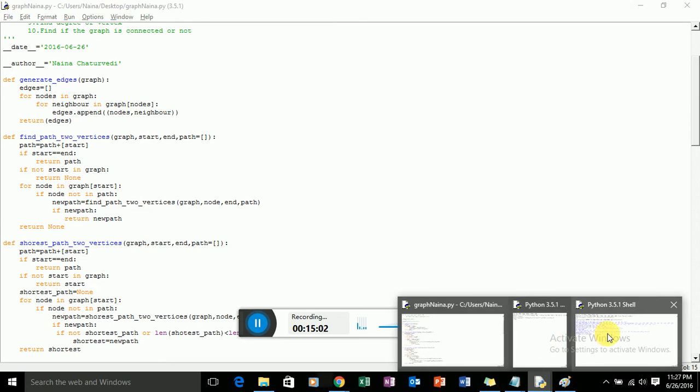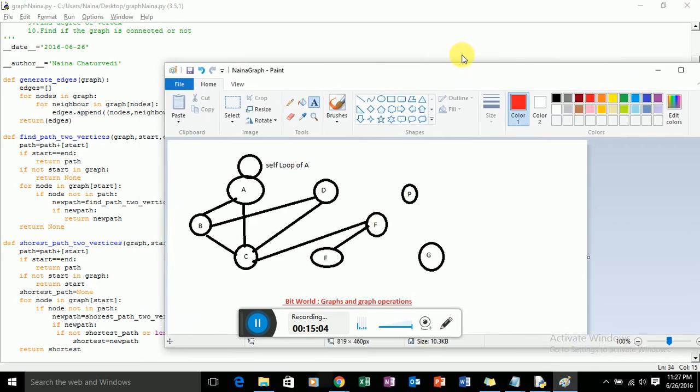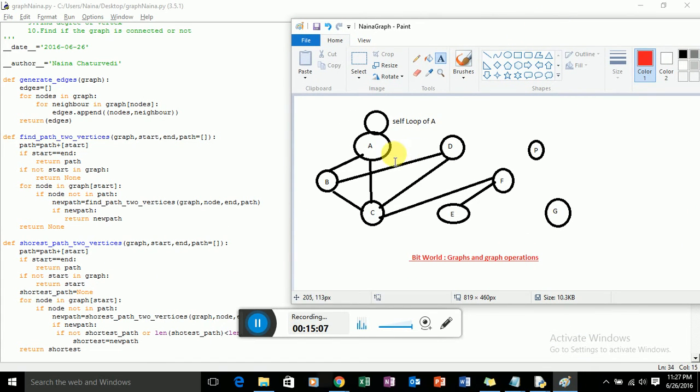So it will go to, there are only two nodes, B and C, and the self loop A. Okay, so it will go to B, that is, if node not in path. Since right now the path only has vertex A, it doesn't have B, so it will traverse. Okay, this function is called recursion. Here it is going recursively to find those vertices which are not present in the path yet.